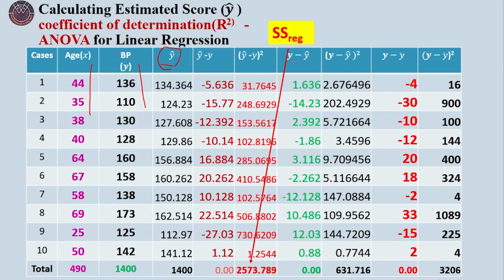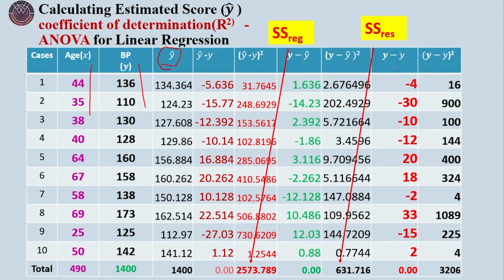Then to get the residual sums, we are subtracting the observed data from the predicted values. So from observed data, that is 136 minus this 134.364, we will get 1.636. Second one, 110 minus 124.23 gives minus 14.23. So these are giving the residual values, and then we'll get the residual sum of squares as